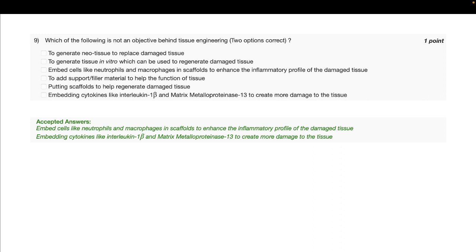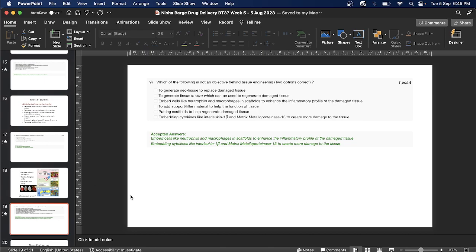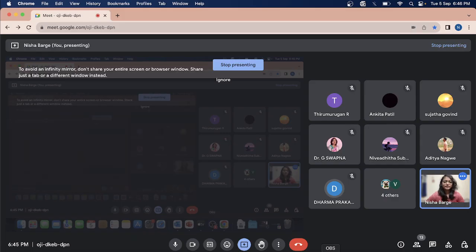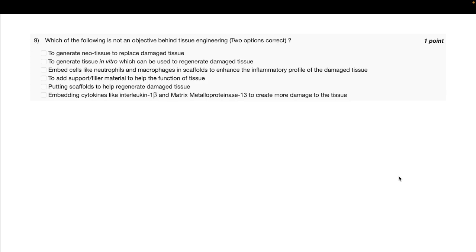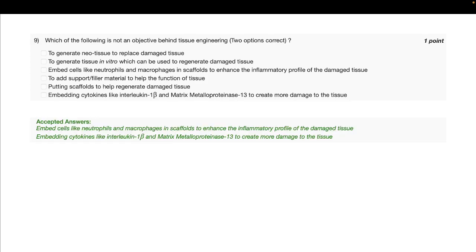Is this making sense? Okay. Yeah, thank you. Then if you guys have no more doubts in this question, we'll move on towards the last question of the